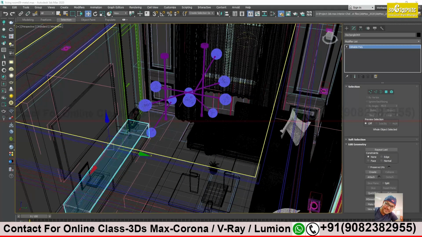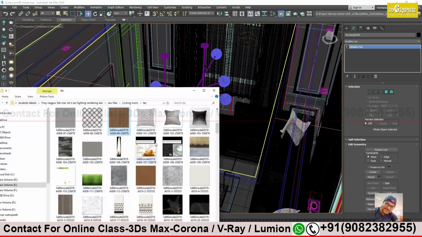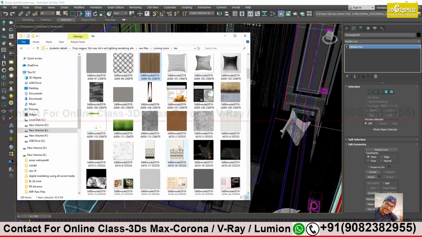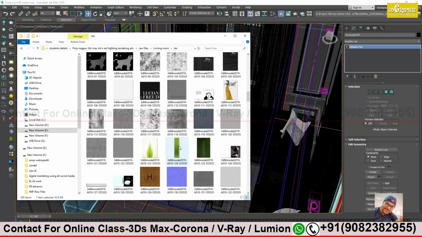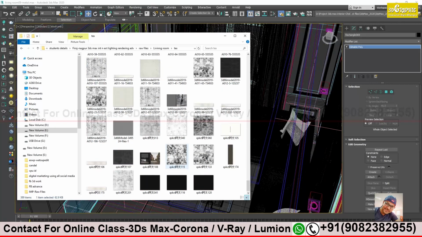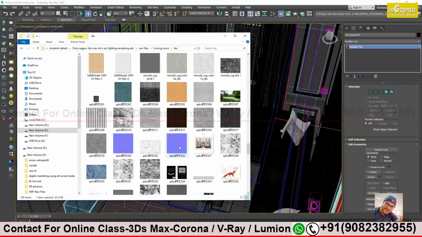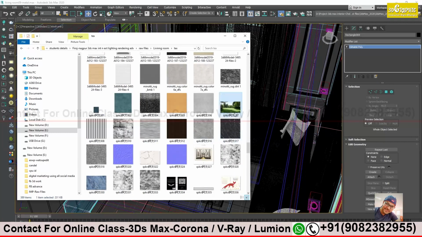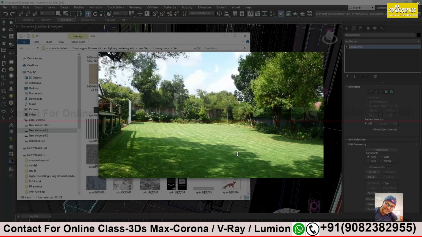Just go to the folder and see this reference image. The background has a nice scenery, a garden kind of. This one, right? Yes, perfect. Bring this into your material editor. The sky will also come, no?